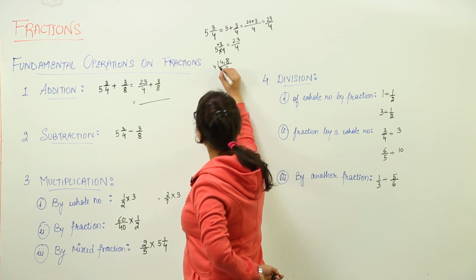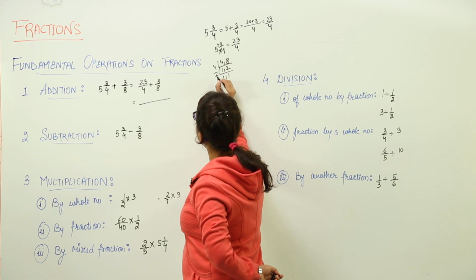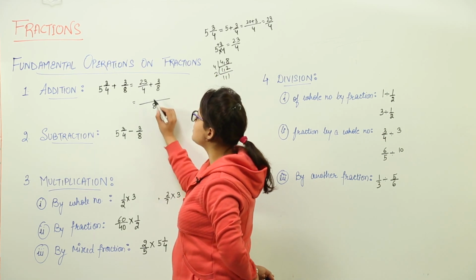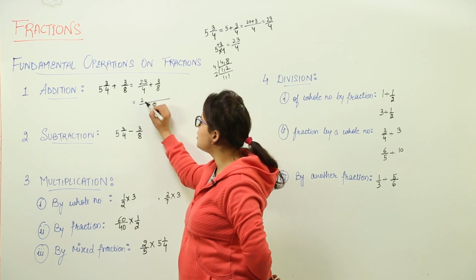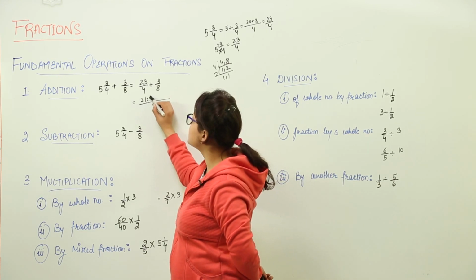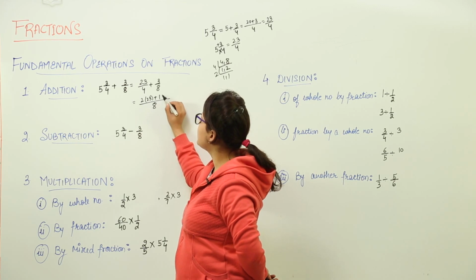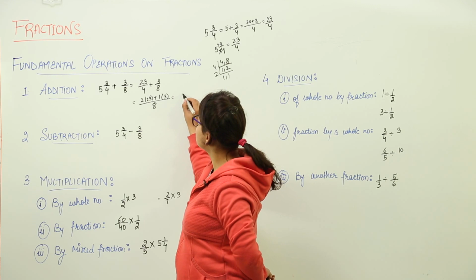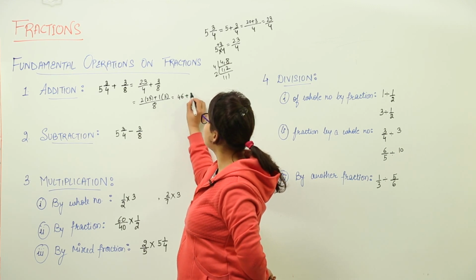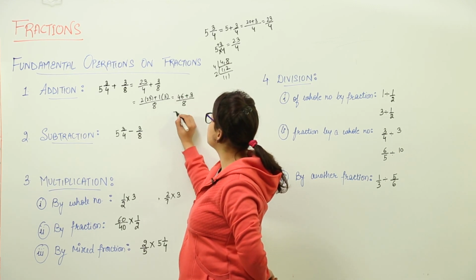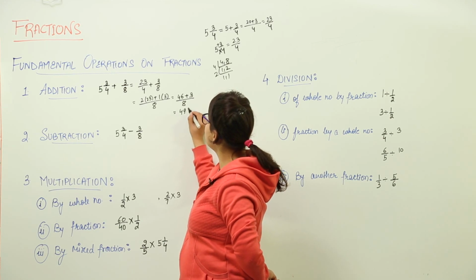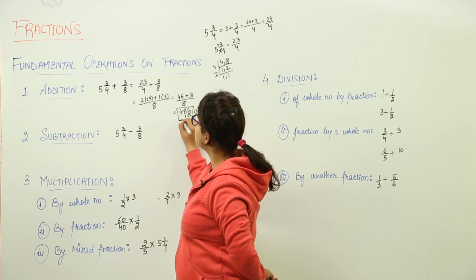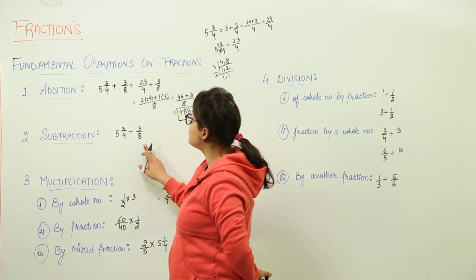Let us do that. We get 8 as the LCM. Now 4, how much is 8? 4 is to be multiplied with 2 to become 8 and the numerator as it is. 8 should be multiplied with 1 to become 8 and 3 as it is. We get 46 plus 3 over 8. That gives us 49 upon 8 as the answer. Right? Next is the subtraction of the two fractions.